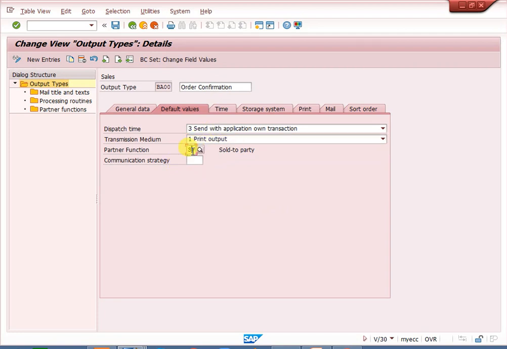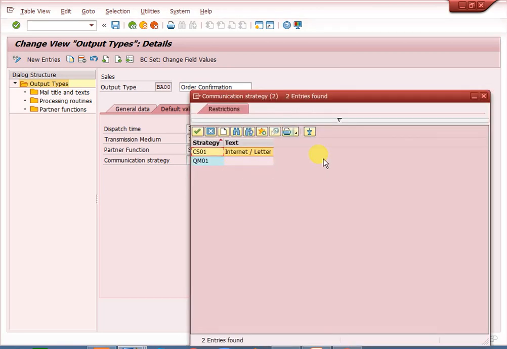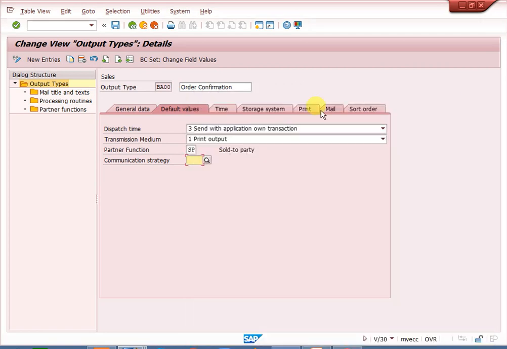Partner function, at which partner function level we can use it. Generally for sales order we use sold-to party, for delivery we use ship-to party, and if it is billing we use bill-to party. Those partner functions we need to maintain. Communication strategy, how we can send it to them, that purpose we can use, you can keep it blank right now, not required.